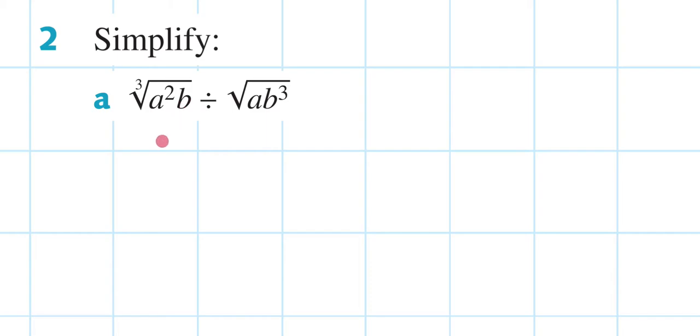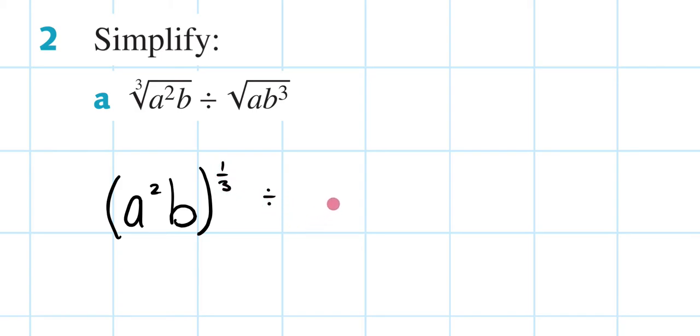Another way I could write this is a squared b, but instead of writing the cube root like that, I'm going to write it like this. I'm going to put this in brackets and write 1 over 3. Then I'm going to divide it by, and instead of writing this square root in that way, I'm going to write it